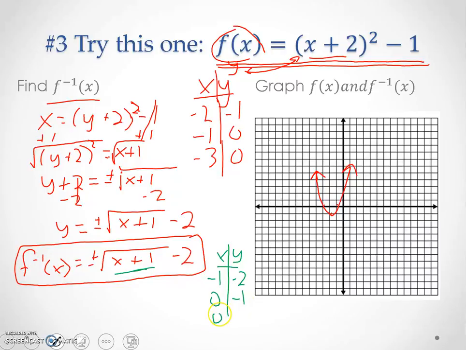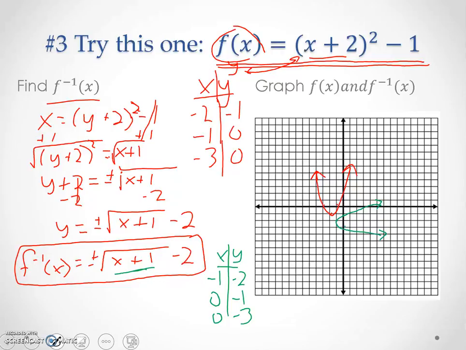Or if I plug in 0 and I take the negative square root, then 0 plus 1 is 1. The square root of 1 could be -1, and -1 minus 2 is -3. Well, that's going to give me these 2 points here, 0, -1, and 0, -3. And if I use these 3 points to graph my parabola, you can see my parabola is going to be